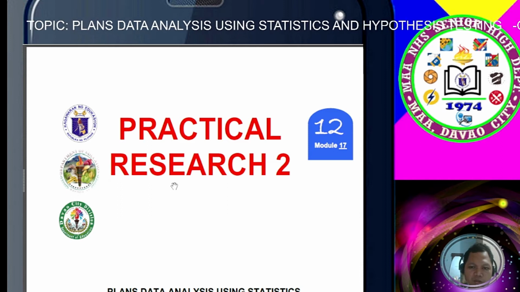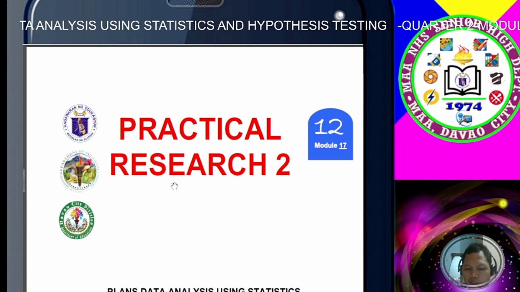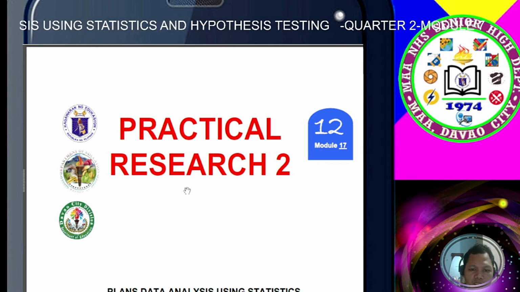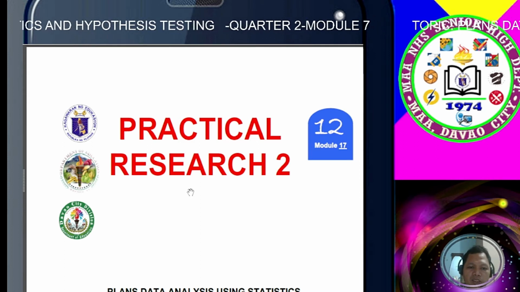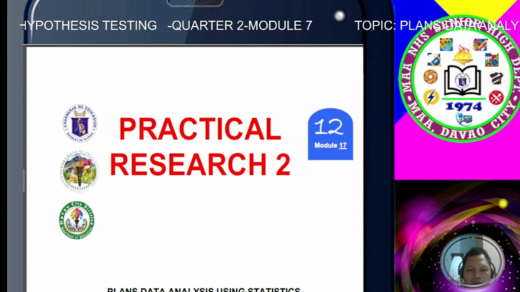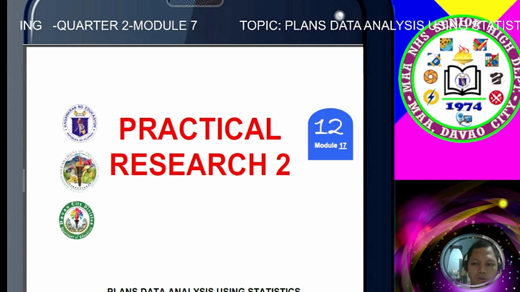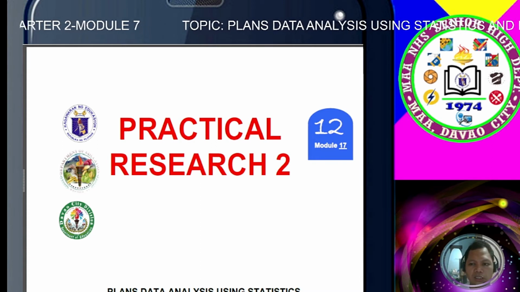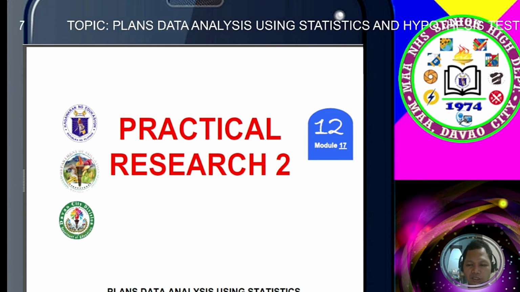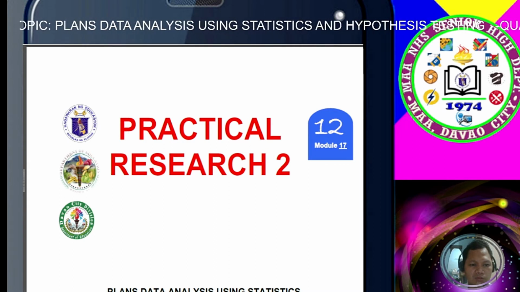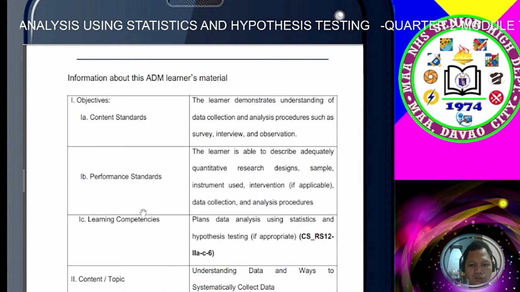Good day, students. So we are again in our Practical Research 2 in second quarter. We are now in plan data analysis using statistics and hypothesis testing. In our previous module we discussed how to gather data. Now we already gathered data, so it's ready for analyzing using statistics. In this module we will have this competency, plan data analysis using statistics and